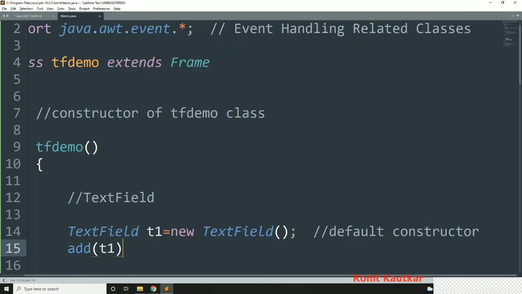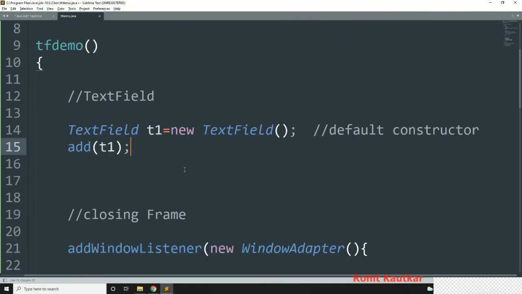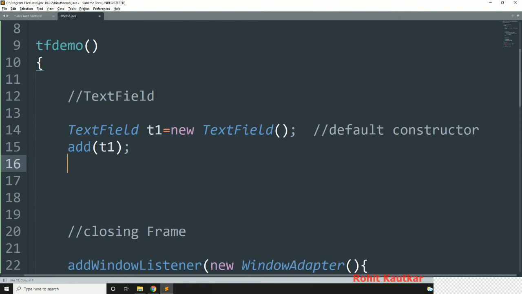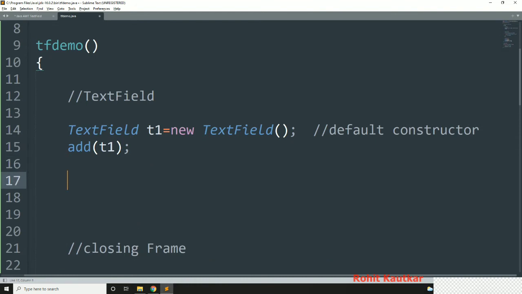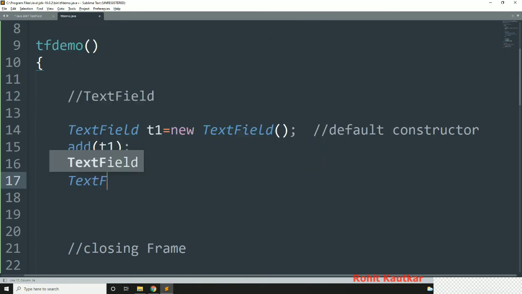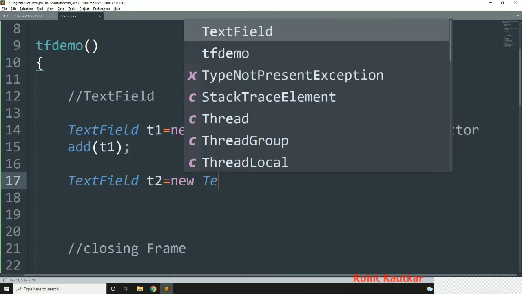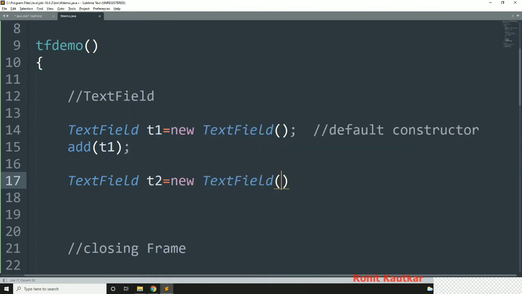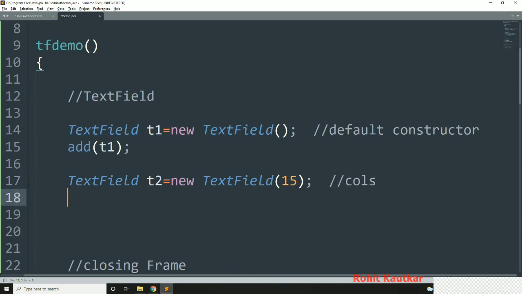We will add this text field to our frame. Next I will create text field number 2, with the next parameterized constructor. So text field T2 is equal to new text field, and here we can specify the number of columns, how many columns you want, let's say 15.